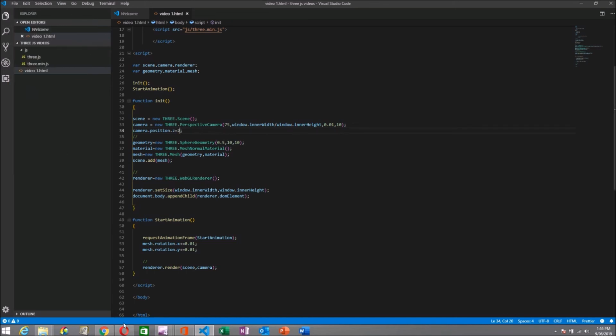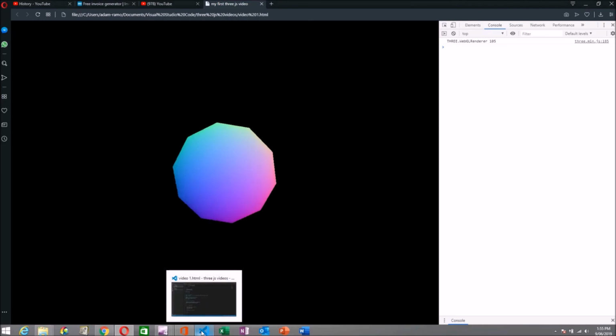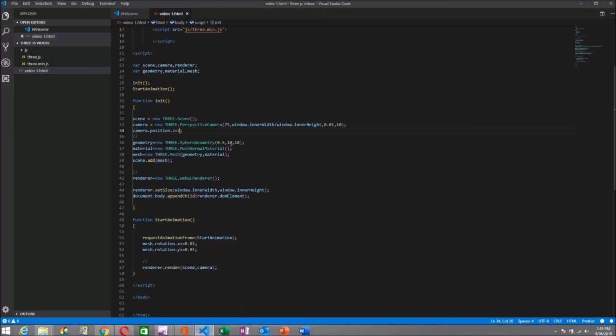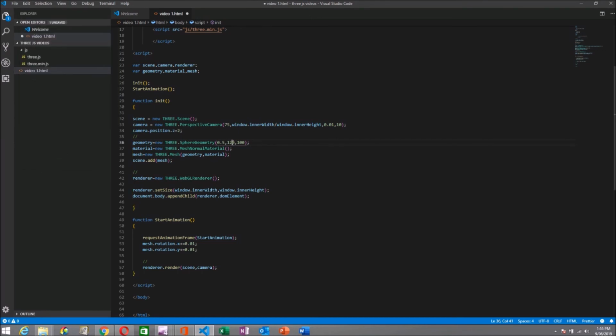File, save. Sorry. So the bigger the numbers we put in the SphereGeometry method, the more the sphere would be a complete shape or complete circle. For example, if we put 120 and 120, file, save,